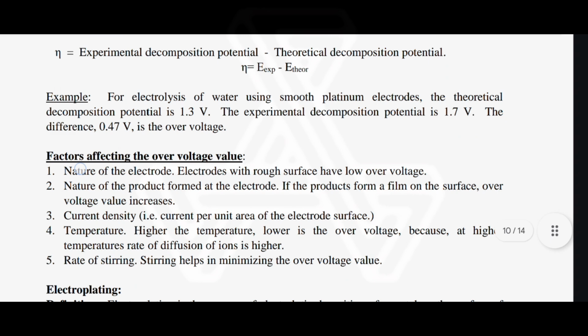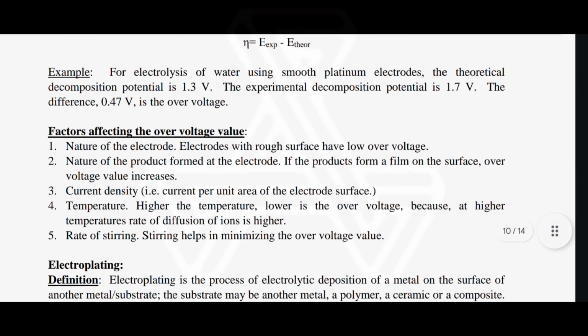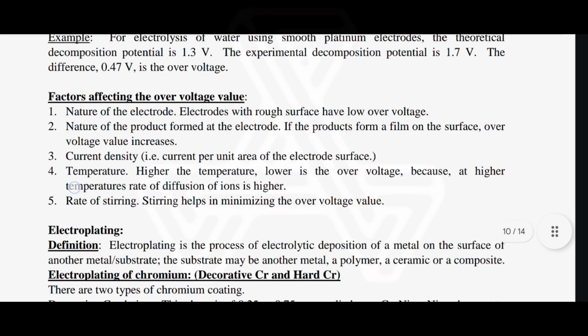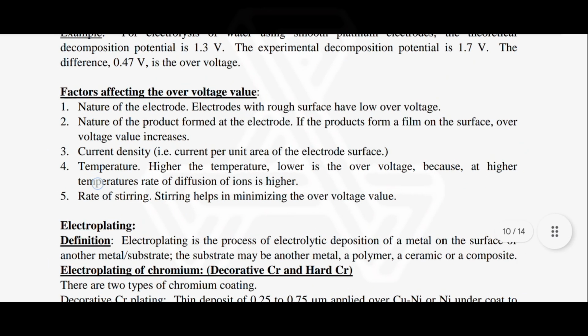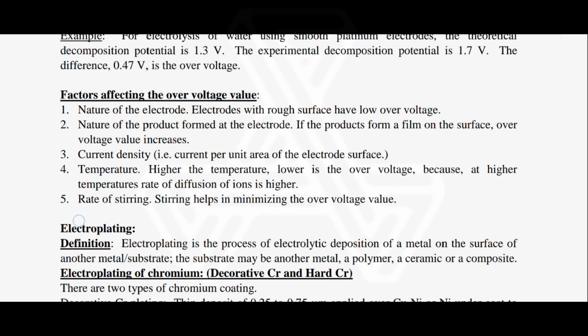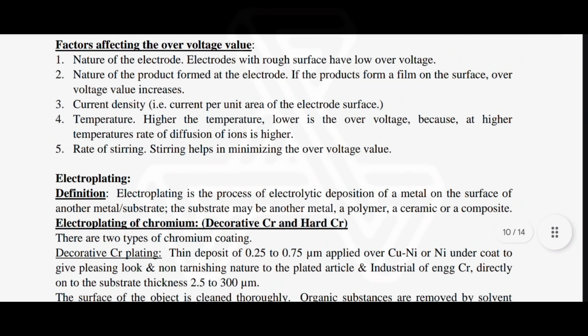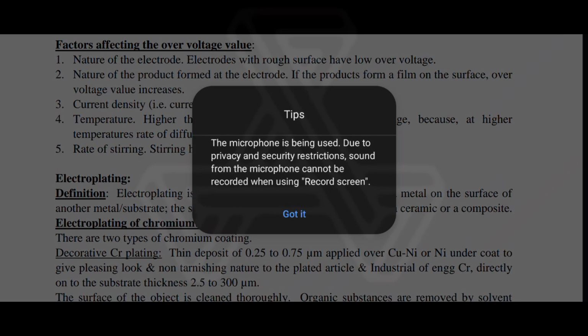Example: for electrolysis of water using smooth platinum electrodes, the theoretical decomposition potential is 1.23, and the experimental decomposition potential is 1.7. The difference is 0.47 volt. This is the overvoltage. Factors affecting the overvoltage value: nature of the electrode. An electrode with a rough surface has low overvoltage. Nature of the product produced at the electrode. If the products form